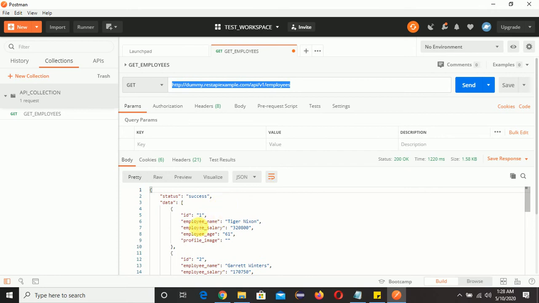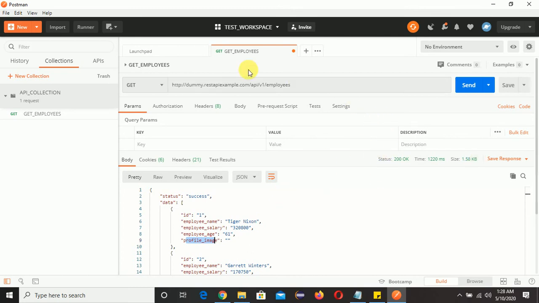We can see here we got ID, employee name, employee salary, employee age, and profile image. This data we have got for every record in the response. And if you come to this part, we have got status code 200 OK. It means our API is working fine. The time taken is 220 milliseconds, and the size is 1.58 KB.